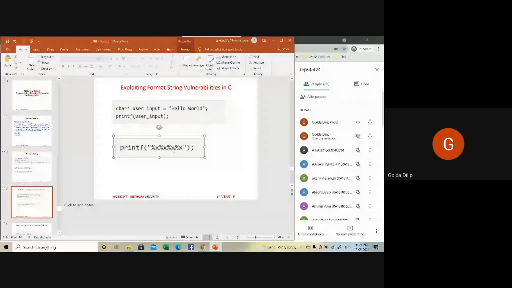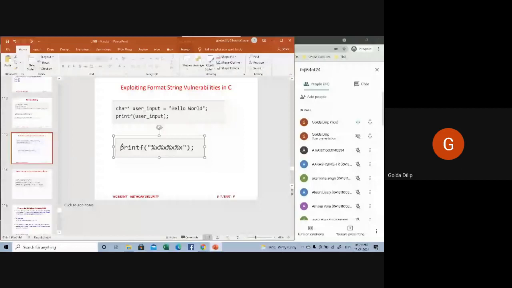They can even redirect function pointers to shell code, or cause a crash. It can even crash the application. In the case of a denial of service attack, when it gets flooded, it can cause a segmentation fault to crash an application. So these format specifiers have to be used extremely carefully. In this first case, it's not an issue because we are not using anything there, but in the second case, it should be used very carefully.